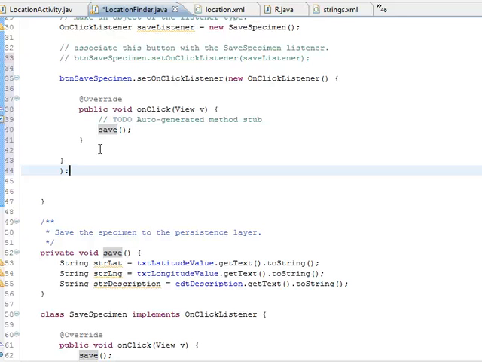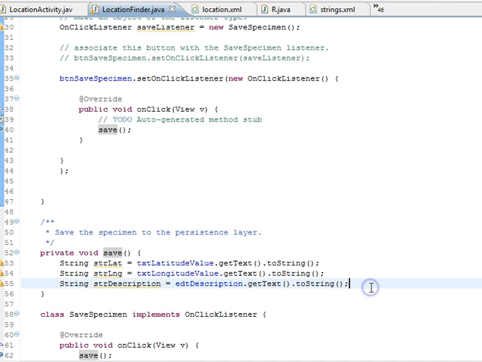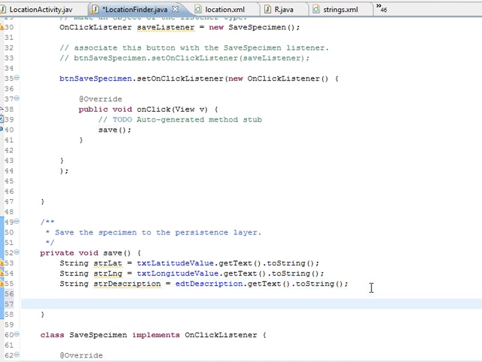So this example I've done several times, so I kind of have it memorized. Otherwise, I really have to pause for a second and go, oh yeah, it's an anonymous inner class. Let's go ahead and I'll set a breakpoint here and I'll save. And oh, by the way, now that we're in here, I can pop up a toast. So I'm going to go to my save method and say